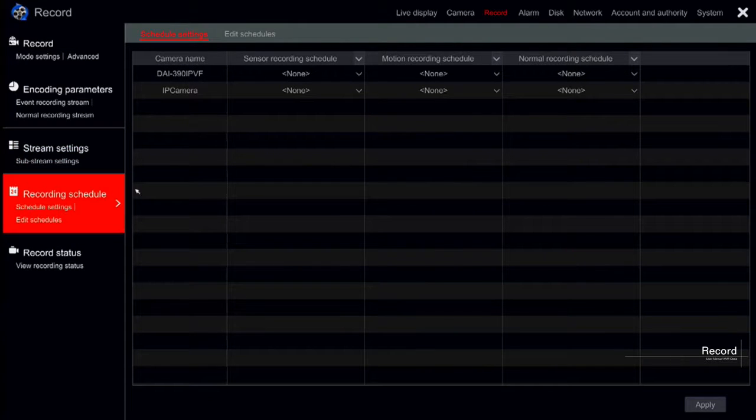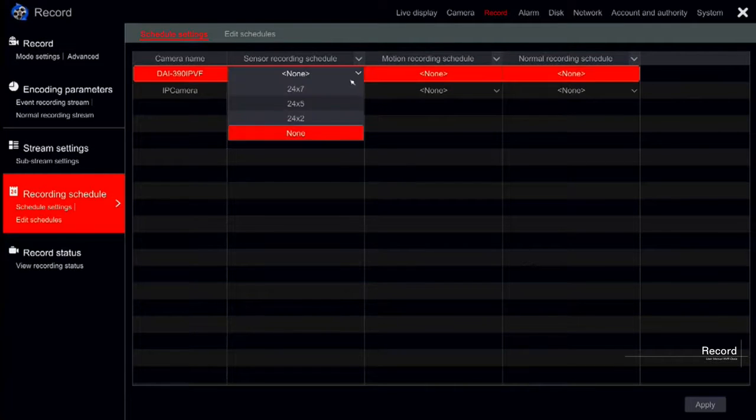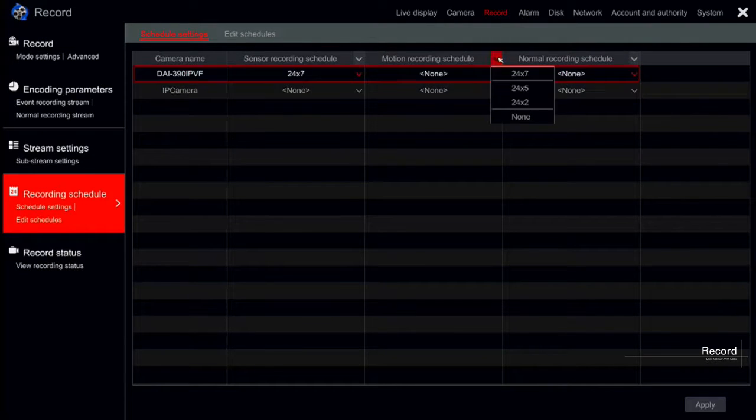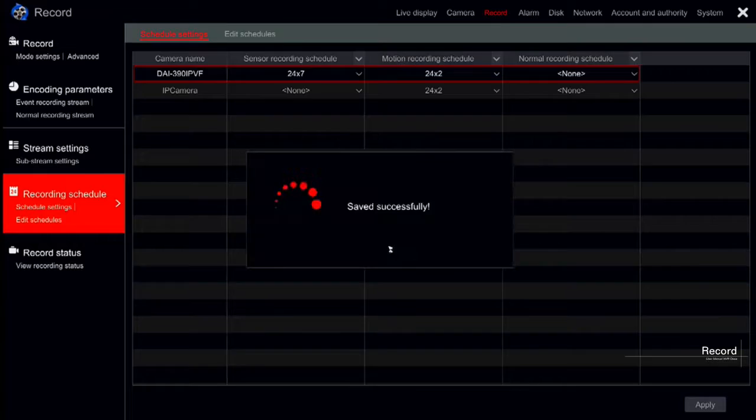In the schedule, you will have a list of all cameras with the option to assign a schedule to each of the cameras based on motion, sensor, and normal situations. You can use a specific schedule for each of the cameras individually, or set a schedule to all cameras in one go. There are 3 pre-made schedules: